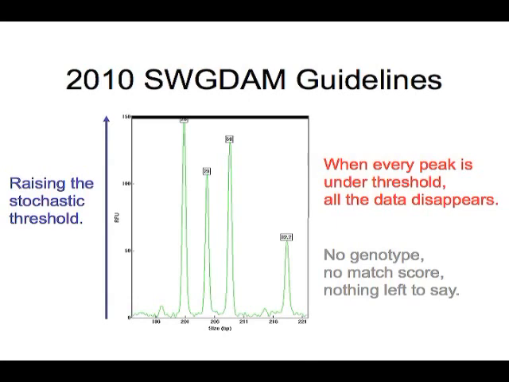That means that the peaks that we saw before at a threshold of, say, 150 or 200, we would no longer see in these experiments. When every peak is under threshold, all the data disappears, and we're left with no genotype, no match score, nothing